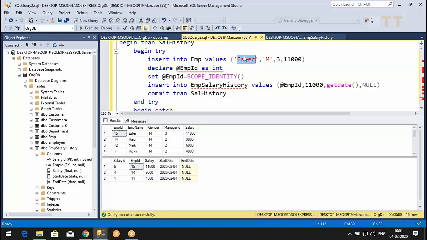You inserted the first record. By the time you insert the second record, in this short period of time, there might be n number of people who are inserting records. If you go for max, then you will get the maximum value that you have in your database, and that might be inserted by some other user. But with scope identity, whatever identity value you generated, you will get that. Whatever identity value this person generated, they will get that.